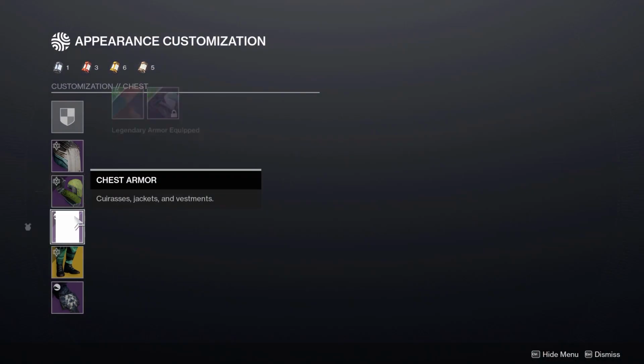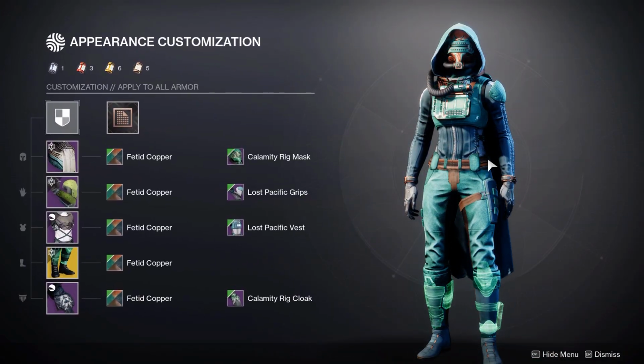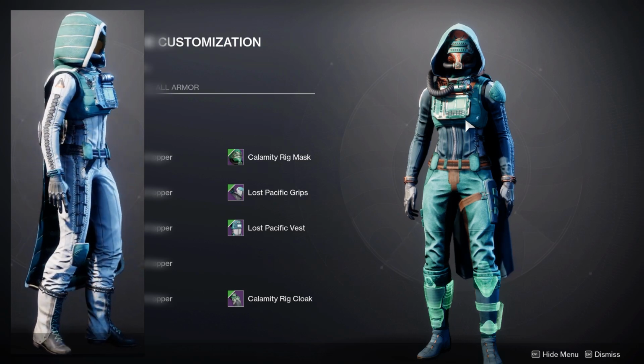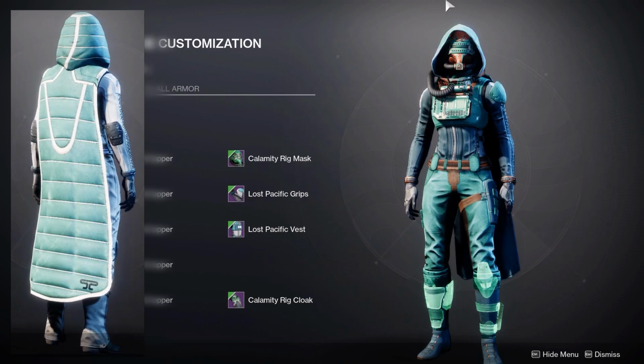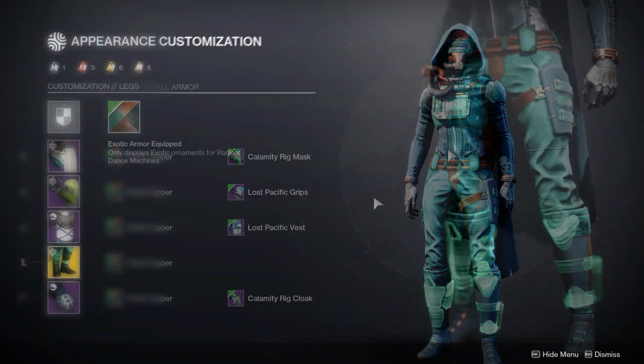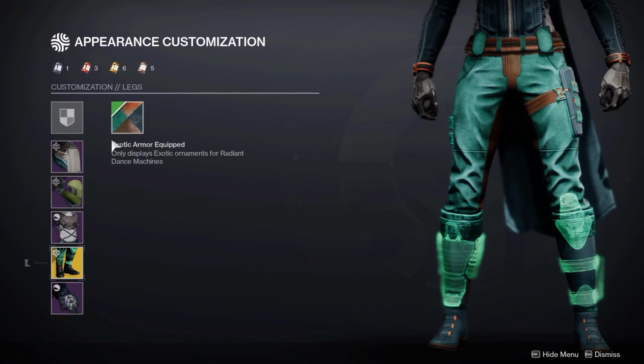Then the arms and also the chest plate are from the Lost Pacific set. Now although this used to drop from the Planet Titan, which was removed from the game, Xur is actually going to be selling all the old World Drop armor, so keep an eye out on Xur as he's going to sell the Lost Pacific pieces some point during the season. And then finally the boots of the Radiant dance machines, which you could get from Legend or Master Lost Sectors